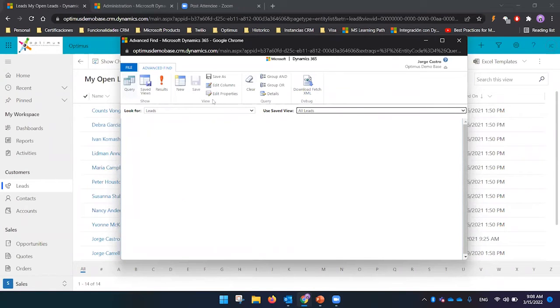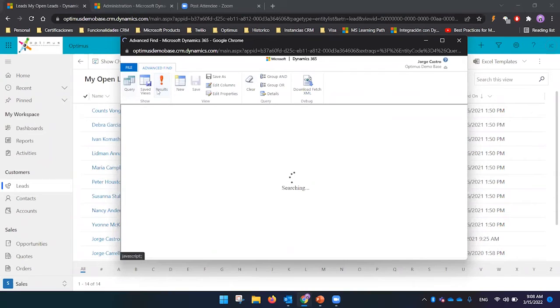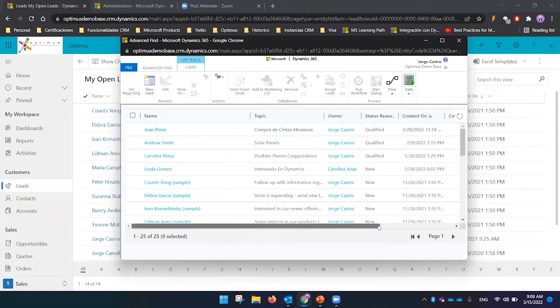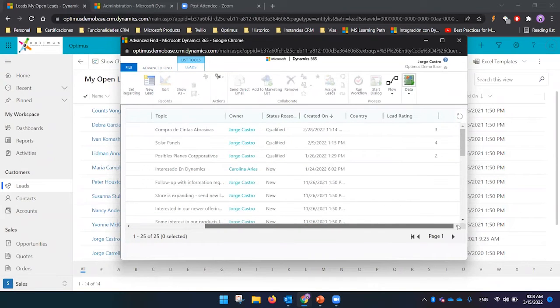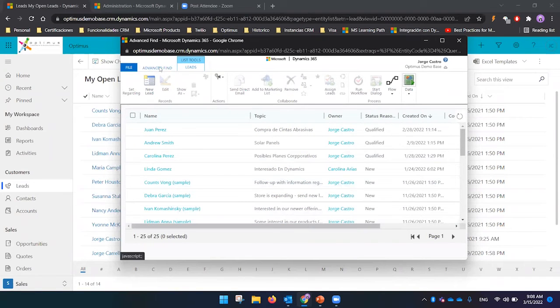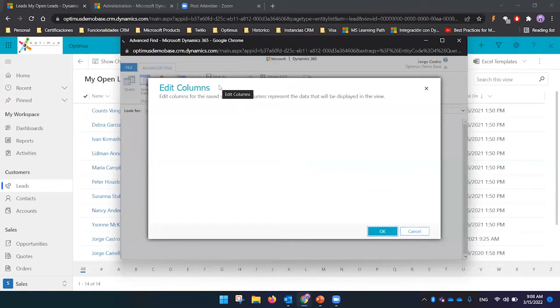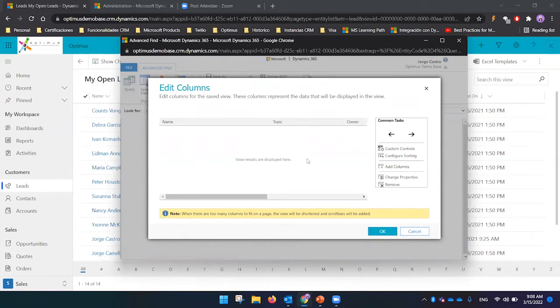For example, all leads. If you click on results, you could get all the information, all the leads. As you can see, there is a couple of columns here, a couple of fields. But if you identify that there is a field that you wanted, you could click here again. You could edit columns, and here you will see all the columns that you have available on that entity,